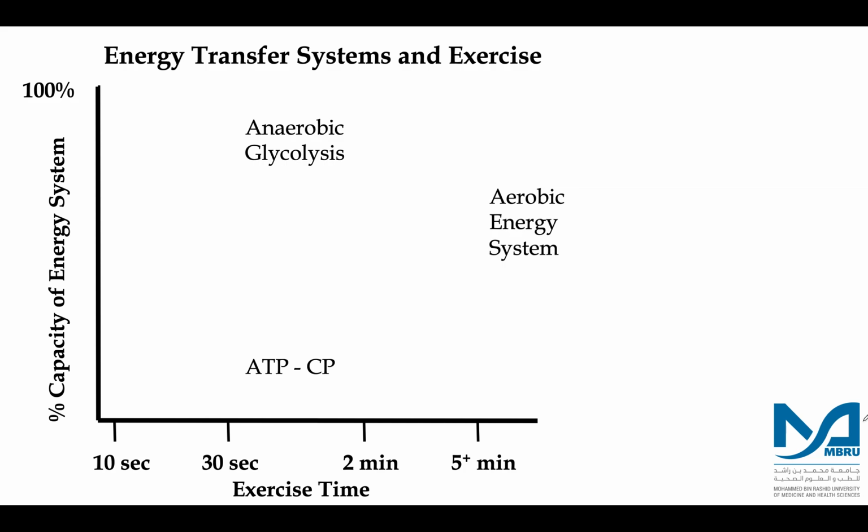So when the muscle starts a workout, let us say somebody starts running, in the first 10 to 15 seconds, the person will use up the ATP stores present inside the muscle cells. So hardly by 40 seconds at most, all the ATP that is present in the muscle will be gone when the muscle goes for exercise. Now,